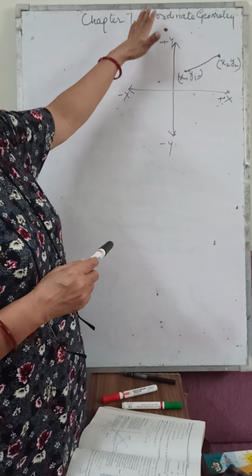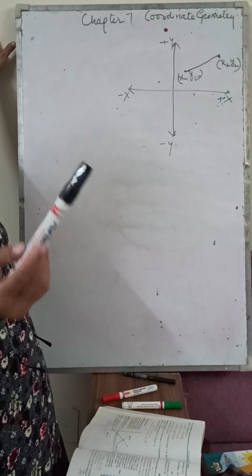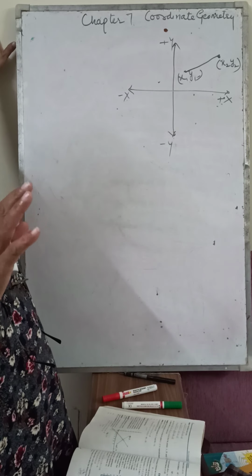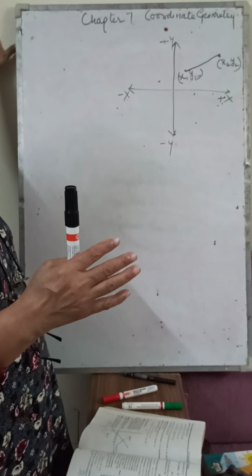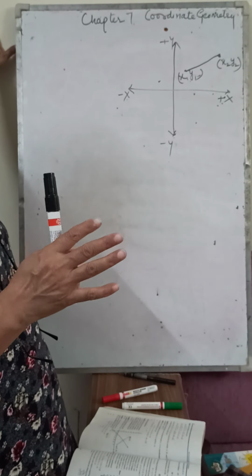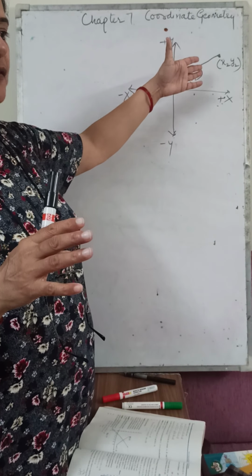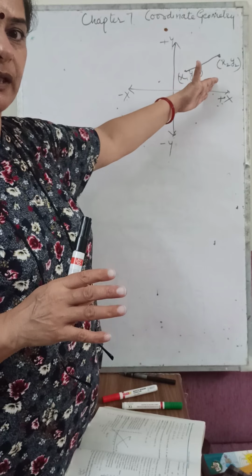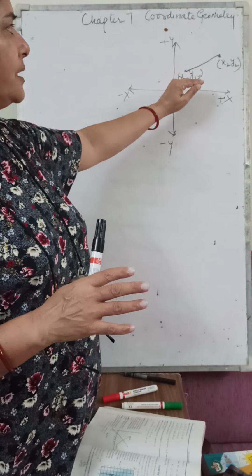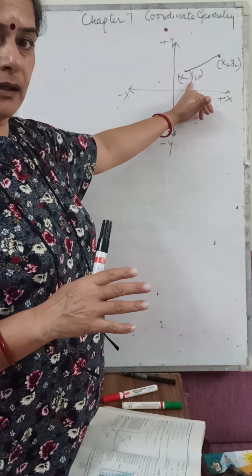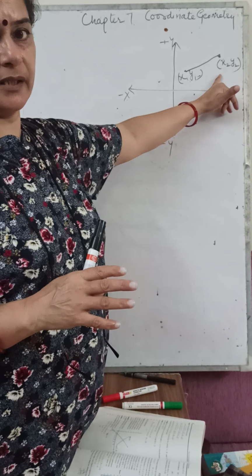This we will do in coordinate geometry. Here we will be dealing with the position of points, the distance between points, and the location of other points in between those lines. We will be concerned with the coordinates. If we are finding area also, that we will do with the help of coordinates. In this coordinate plane we will be dealing with lines which are connected with the coordinates.